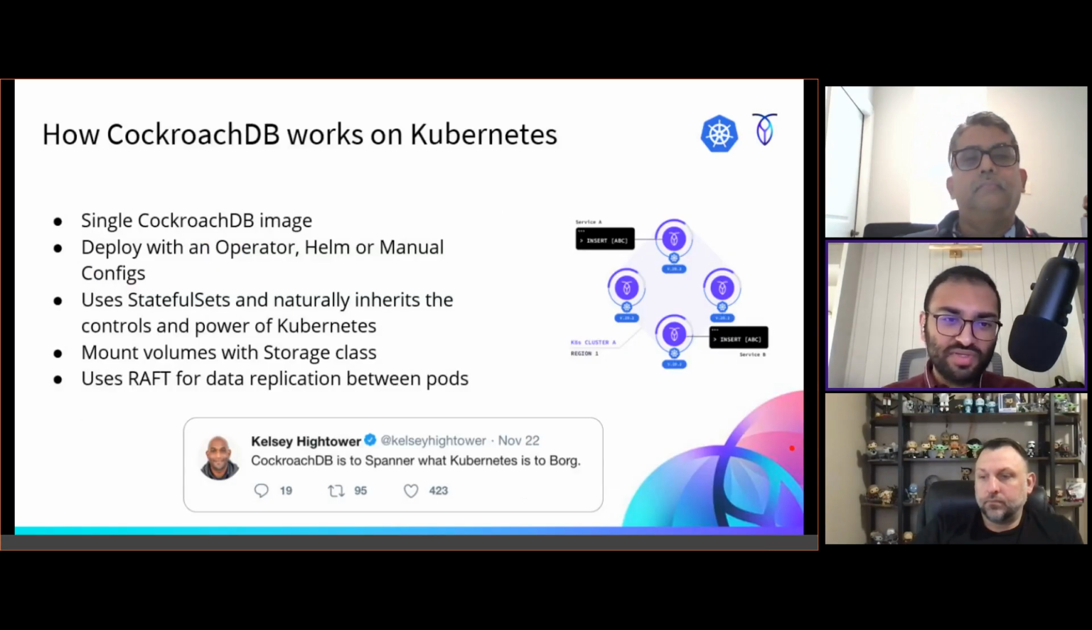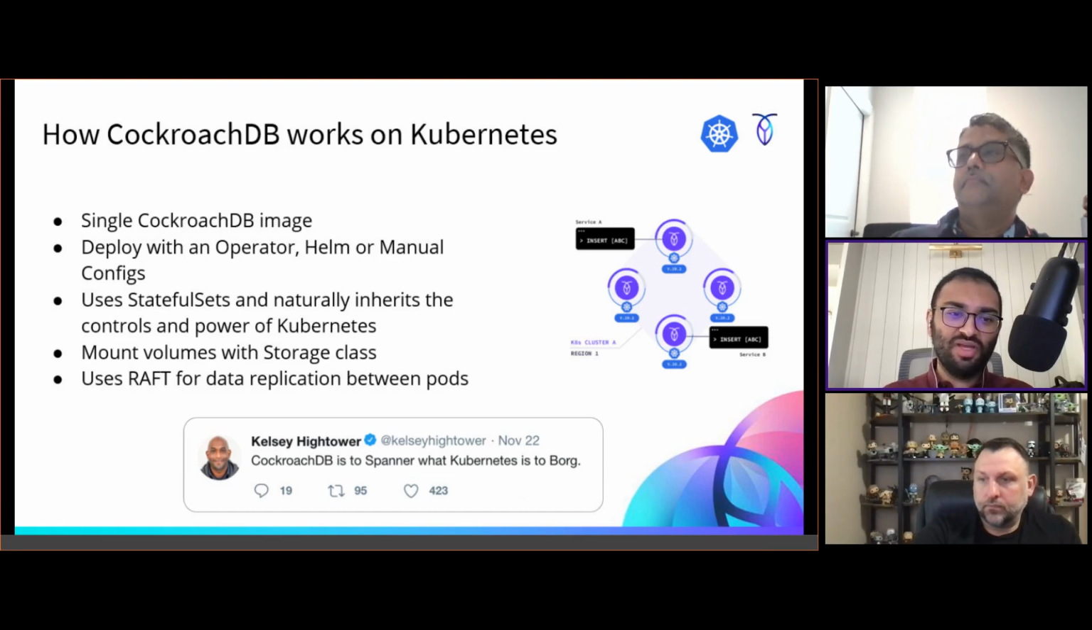And one of the things that we wanted to touch on was how CockroachDB works on Kubernetes, right? Being a distributed database, it really takes advantage of its cloud native architecture to really be deployed on Kubernetes as well. So it's a single CockroachDB image for everything because every node is an equal. You can deploy CockroachDB on Kubernetes. For example, here with Google, we do it with GKE through their operator, Helm chart, or manual configs such as